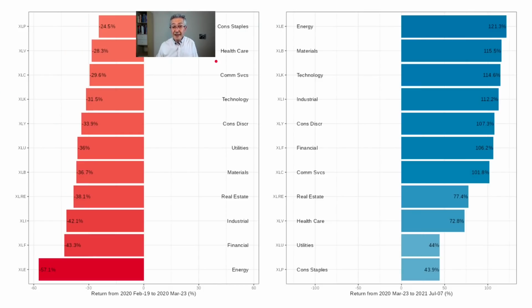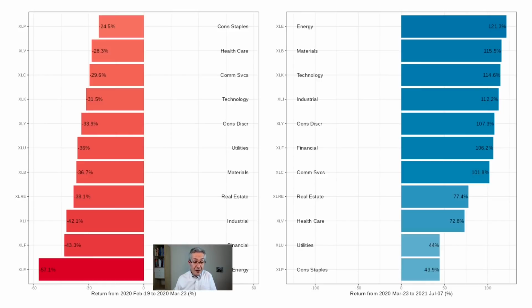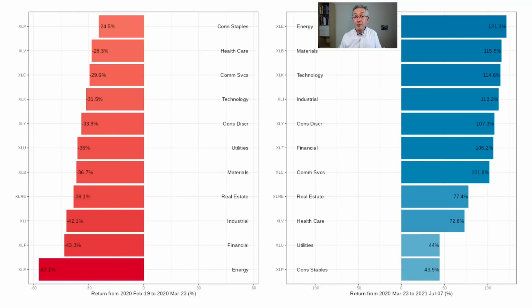If we break it down by sector and look at how much each of the sectors in the US fell going into that crisis, you can see that consumer staples, which is usually a kind of safe sector, fell least, only by 25%. And if we look at the upswing in the sectors, which is the right-hand panel, consumer staples is the one that's bounced back the least, only by 44%. Now, energy was the sector that fell the most. It fell by 57% going into the crisis, and it's also the sector which has bounced back the most, by over 120%. So generally, if you do get one of these crises and you're trying to decide which sectors to buy,